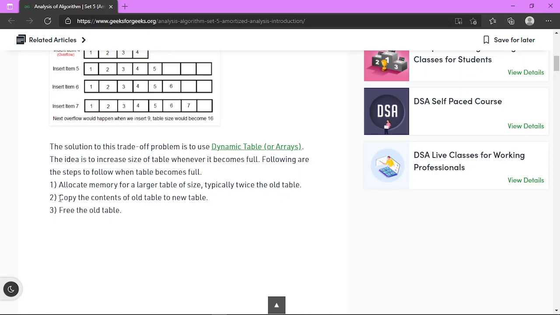Now if we want to insert one more element, internally it will define a new array of double the size of the previous one, insert all the elements present in the previous one, and then insert the new element. When the copy has been done, it will delete the previous array. This is how insertion in a hash table works, which we can also call a dynamic table size.